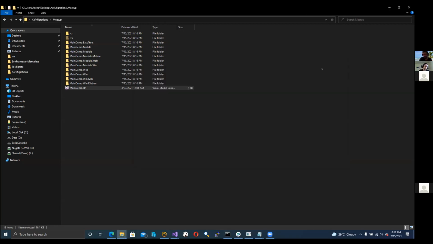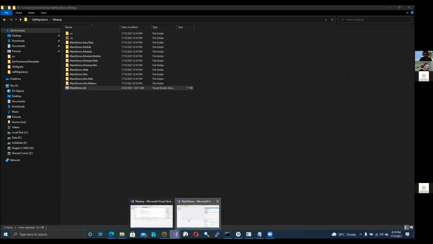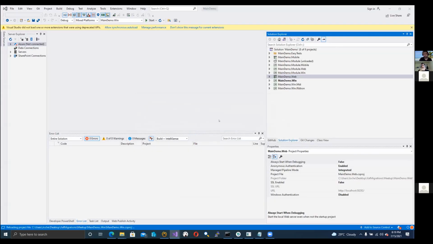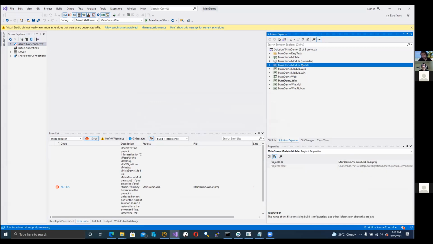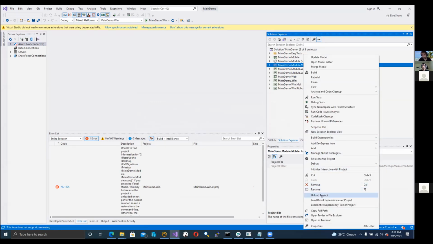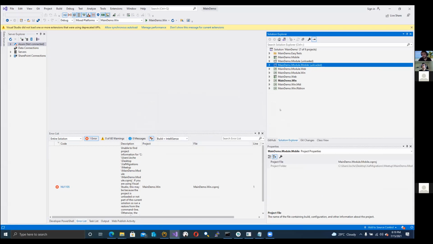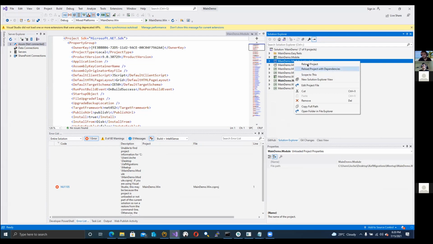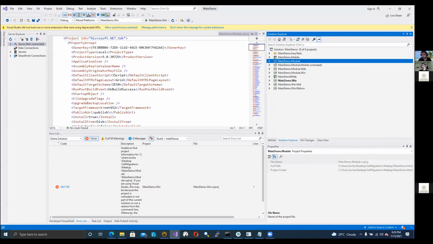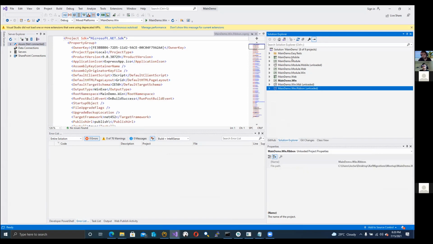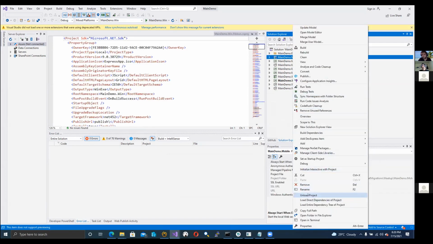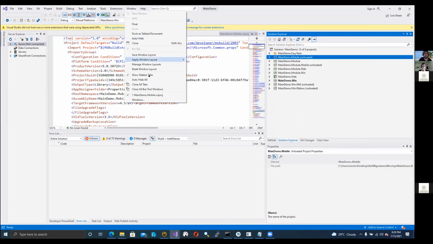So far, so good. Let's go to the studio and let's reload the project. So you will see some of the changes. And in here, I'm going to unload also the mobile module because I don't need it. It's not supported anymore. It's something that is legacy. So let me reload this. And what else should I unload? I will unload this too, and this one. Okay, so if we close all the windows,